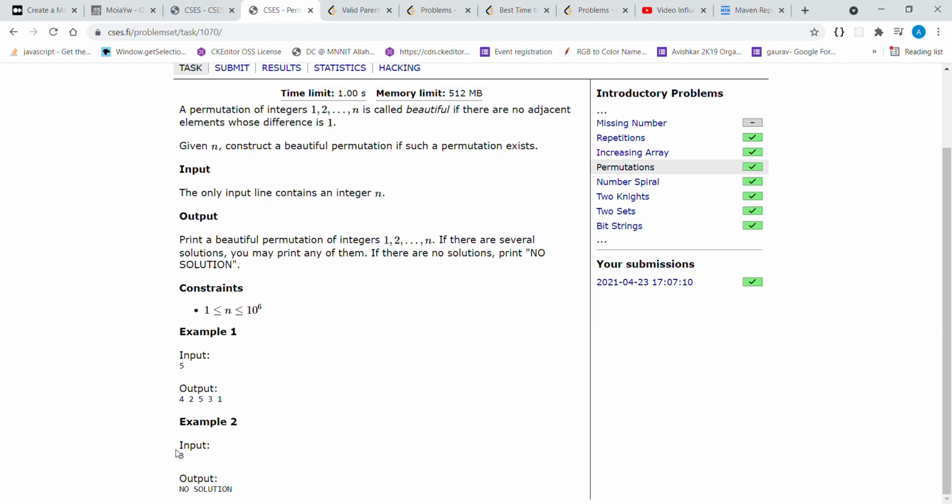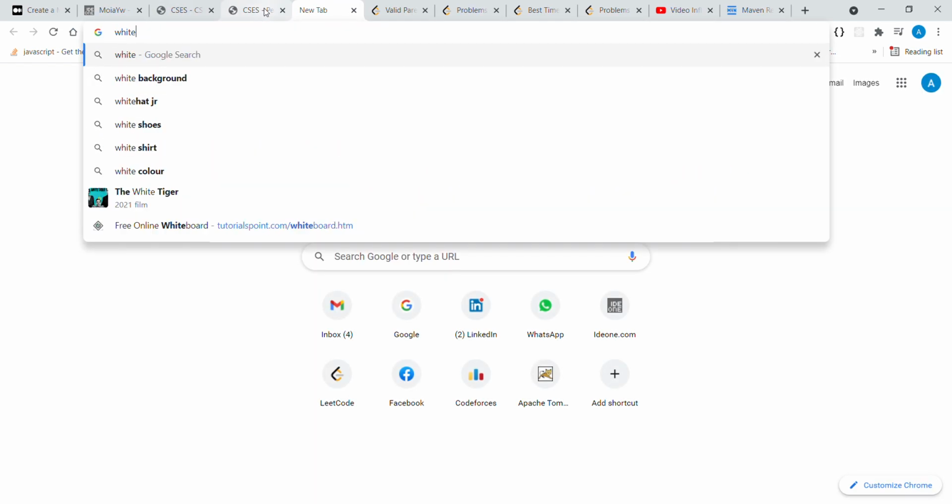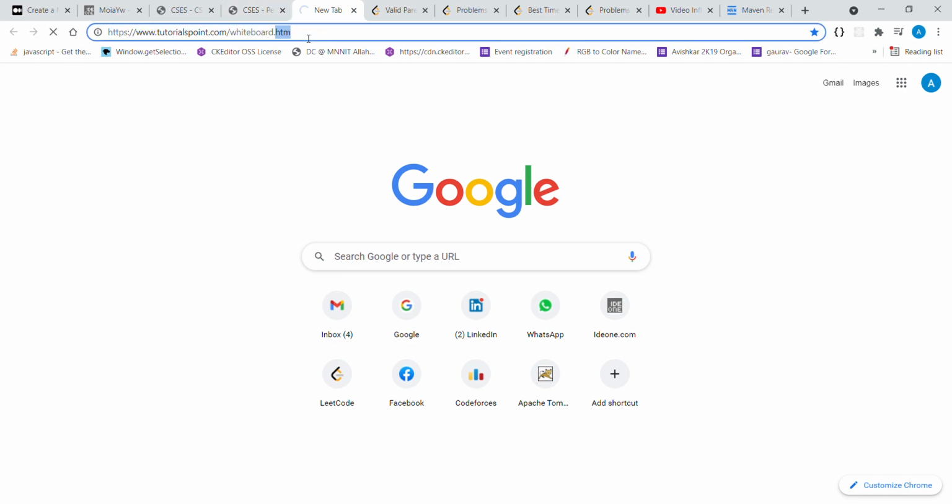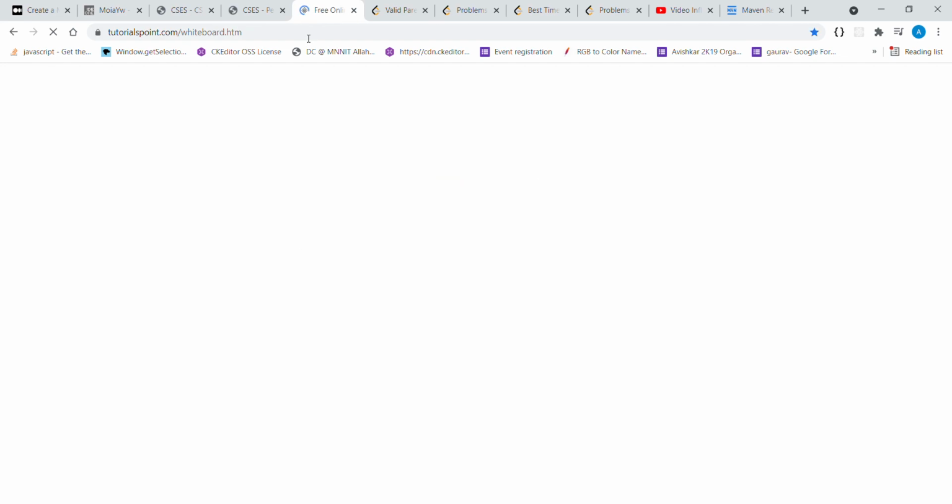That is the scenario. And when n is equal to 3, let's see in the whiteboard what the number of permutations are. The number of permutations is 6, and let's see why that doesn't give a solution.